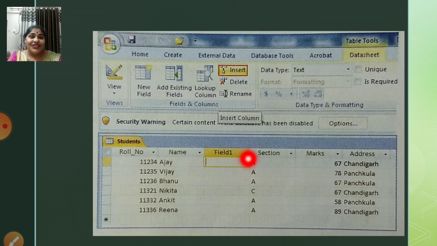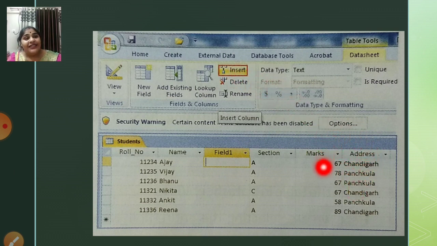So here it is, children, how it looks. You can see these are the different tabs. So in the data sheet tab, in the fields and columns group, there is an insert button. So if I click on section group and then I insert, the new field will come to the left hand side of that. Suppose I click on address and I click insert. So where will my new field appear?